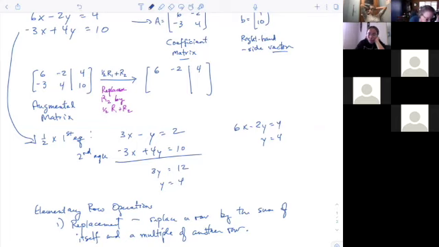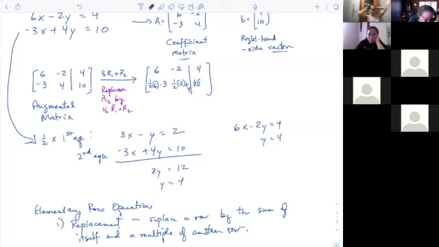So I'm doing 1/2 row 1. So I'm doing 1/2 times 6, I'll write this out, 1/2 times 6 minus 3. And here's going to be 1/2 times -2 plus 4. And same thing here, 1/2 times,